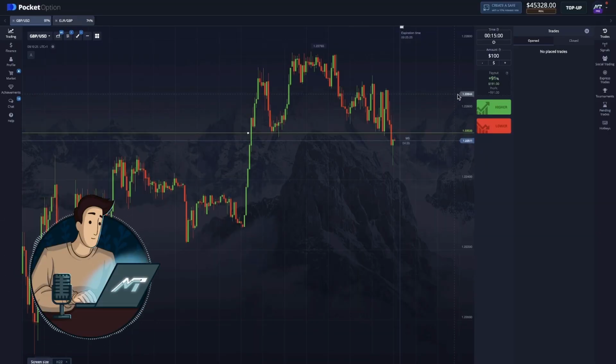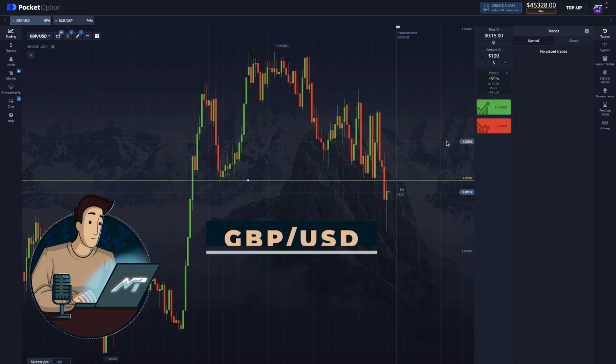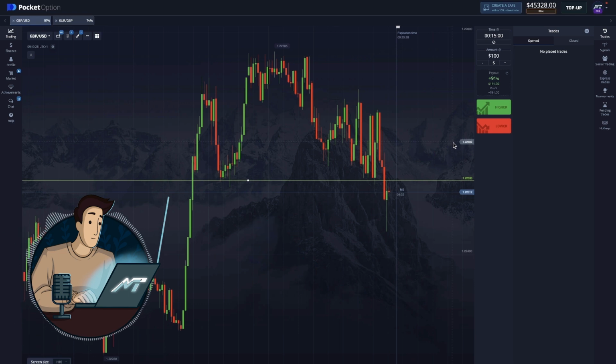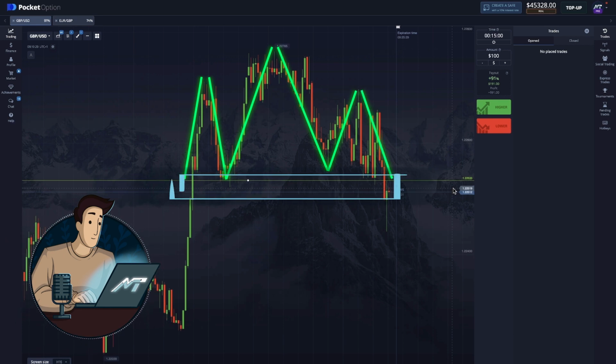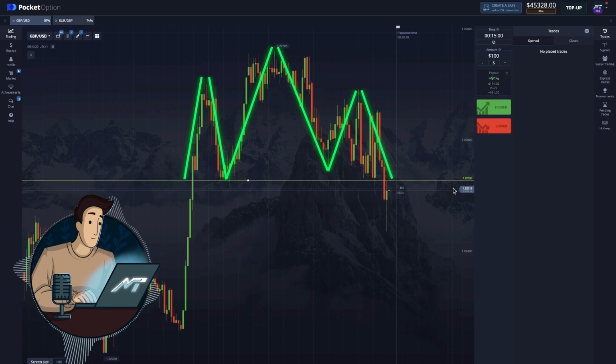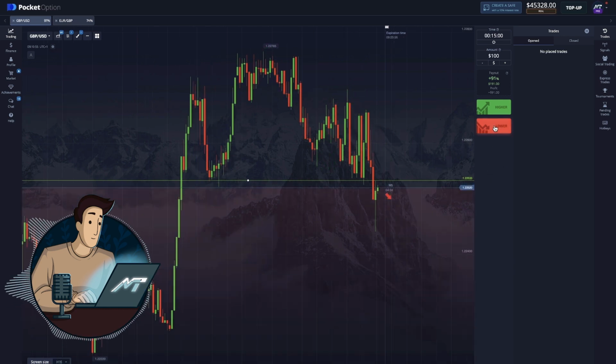Alright, let's take a look at another example. What you can see here is the same market just a few days earlier. And again, we still see the same components: an uptrend, left shoulder, head, right shoulder, and a common neckline. Also, as you can see, the price already crossed the level of support, or the neckline in our case, but haste makes bad traders. So let's wait until the price gets closer to the neckline again, so that our trade brings us more profit. And once the price does that, we enter the market with a 15-minute put option and